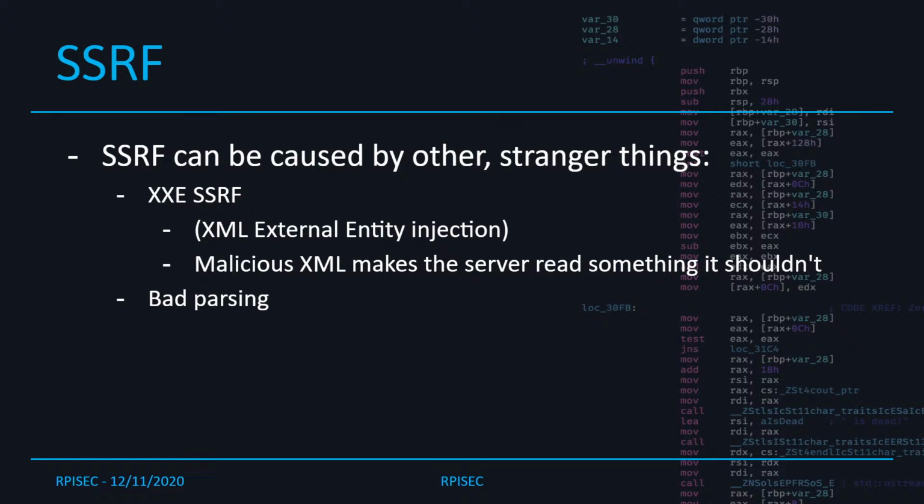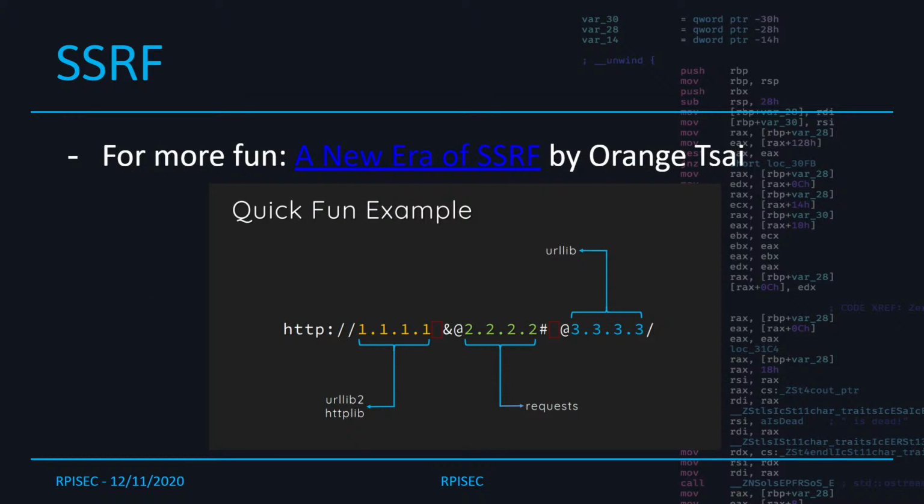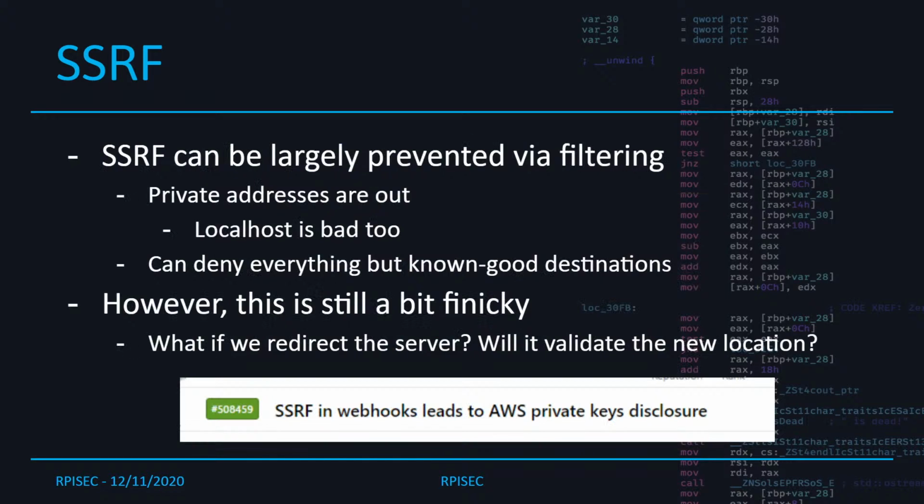And bad parsing too, which we'll touch on in just a minute. But the thing there is, what if the server thinks you're only partially controlling where it's going, but it misunderstands the input and you wind up fully controlling it? But actually, I'll skip ahead because this is exactly what that would be, and this is a fun little talk by Orange Tsai. This input is parsed as 3 different IP addresses by 4 different libraries. So you can wind up getting these weird polyglot URLs that go different places,